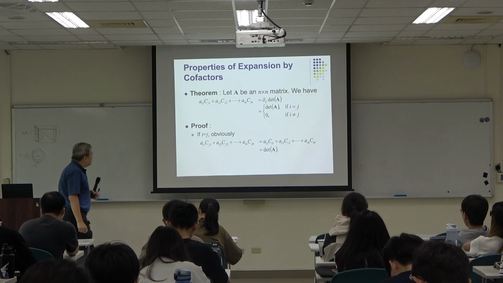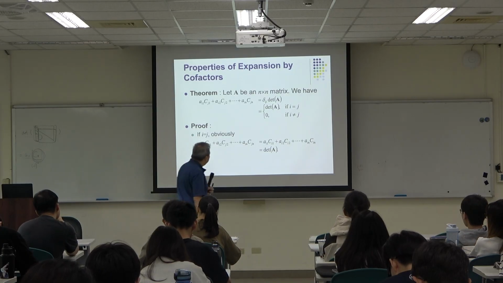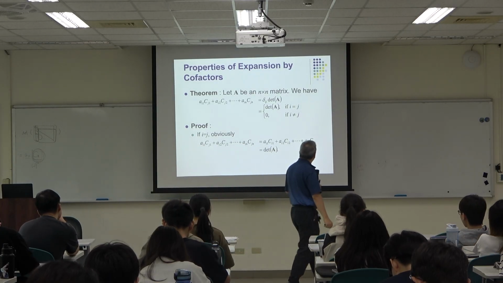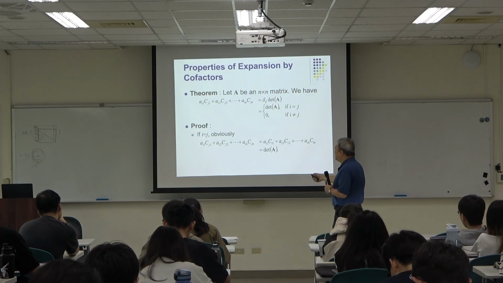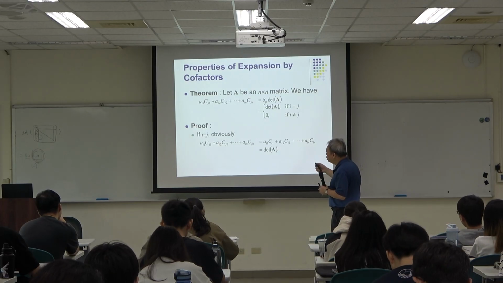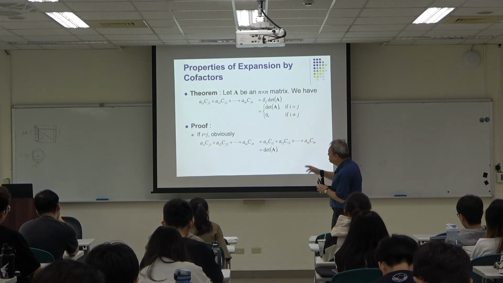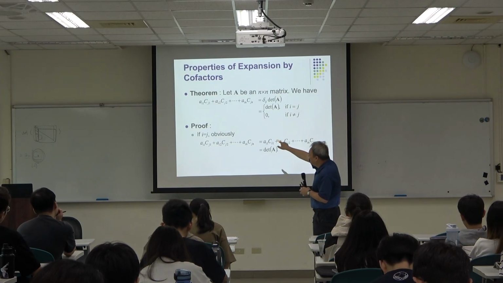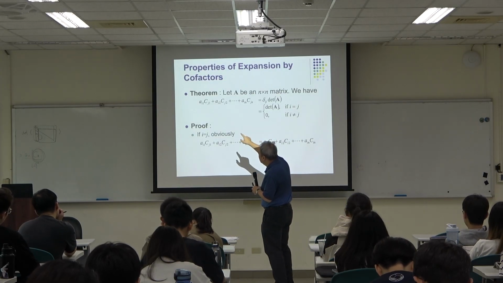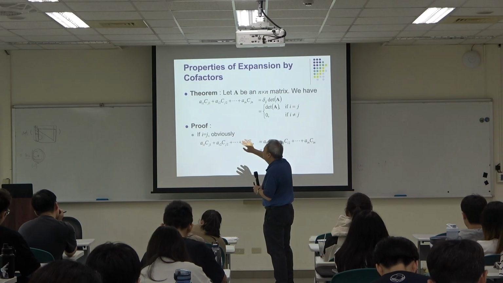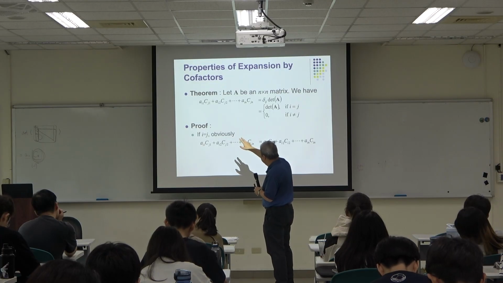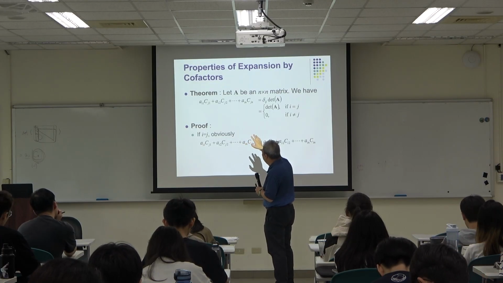And there's an interesting theorem. Let A be an n by n matrix. We have AI1 times CJ1, this is very interesting, where I and J may be the same or may not be the same, plus AI2 times CJ2, plus A